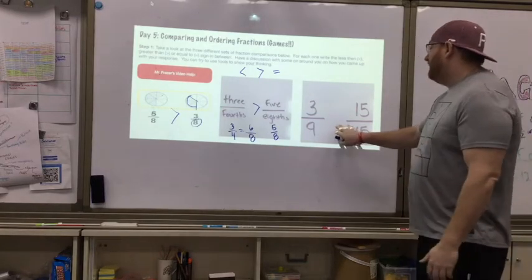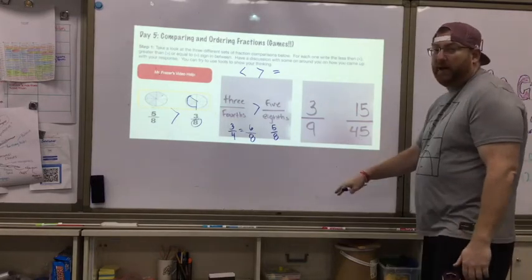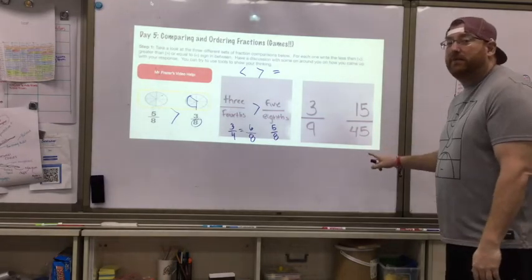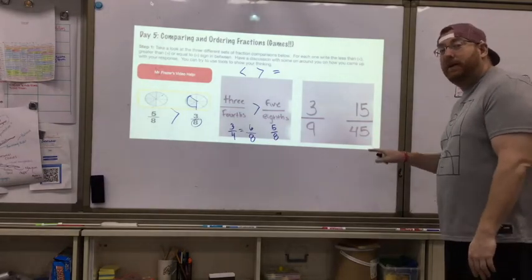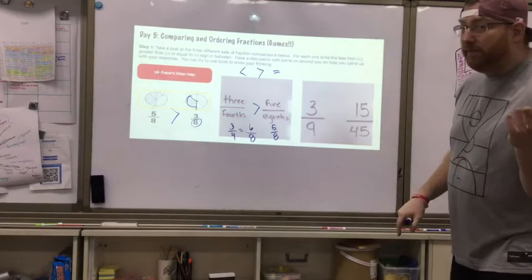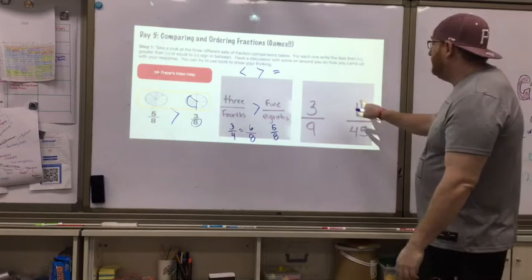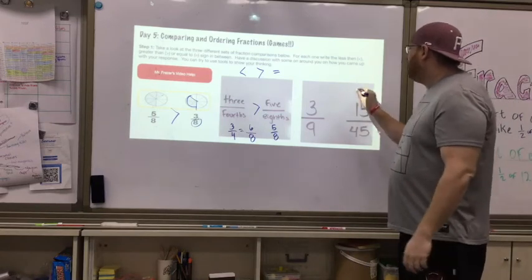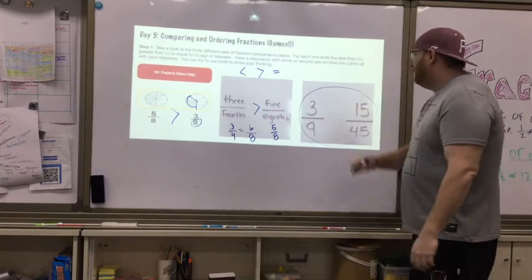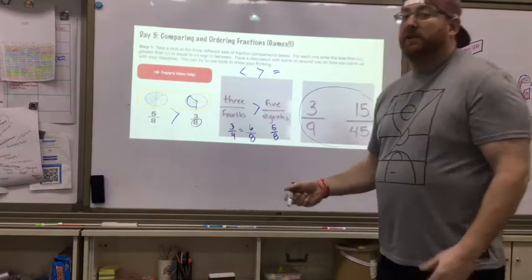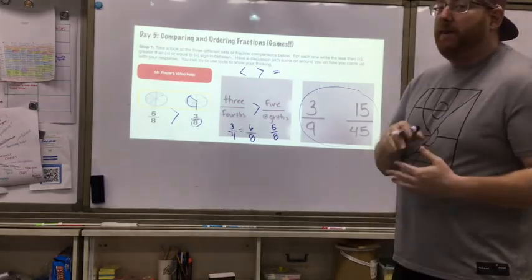We're using an odd number, 3 and 9, and 15 and 45. This is the first time we've gotten up to a fraction this big. Well, at least it seems very big, but it might not be. So now I'm going to look at these two fractions here. I could draw a picture to represent each fraction and then compare them that way, but that might take me